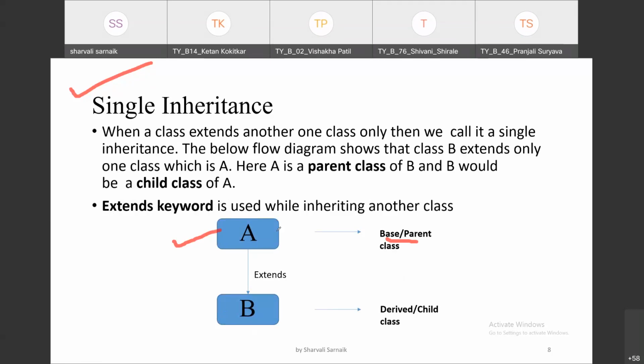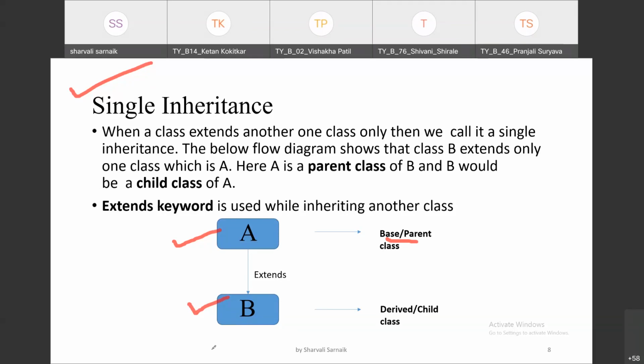Now, from that class A, only one class is derived, that is called class B. There is only one single class derived from class A. If this is so, then we call it a single inheritance. Only one class is deriving from another class or the previous class.